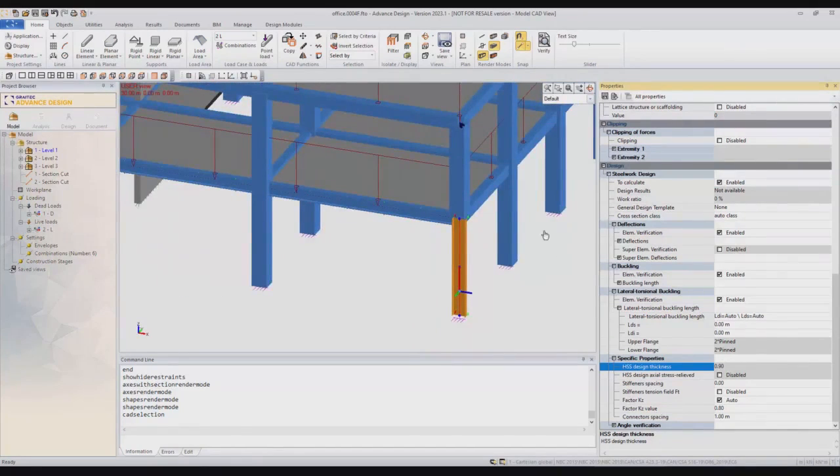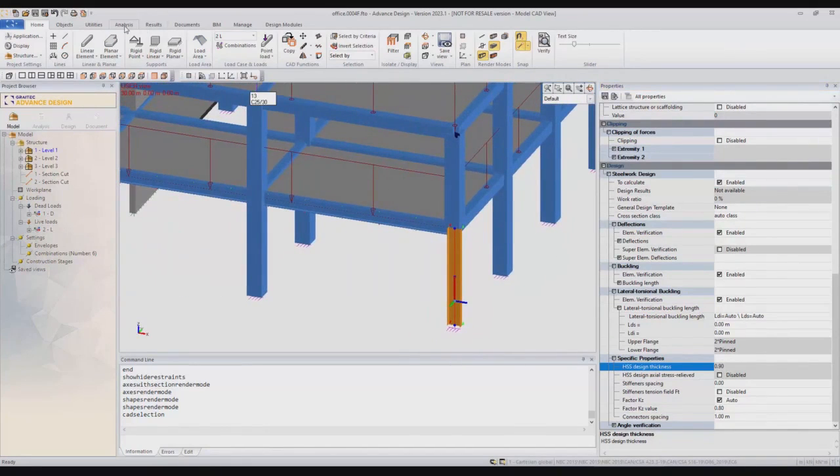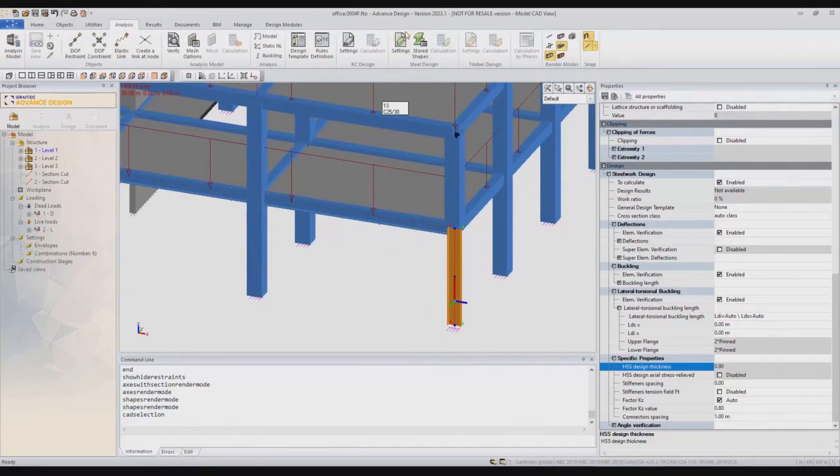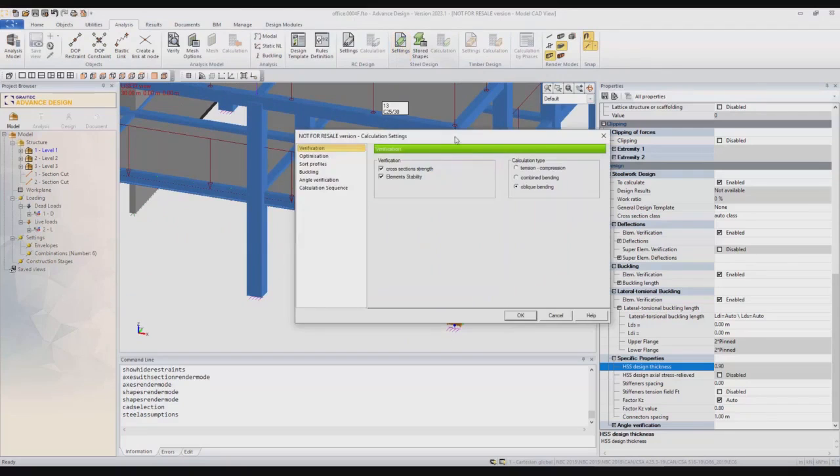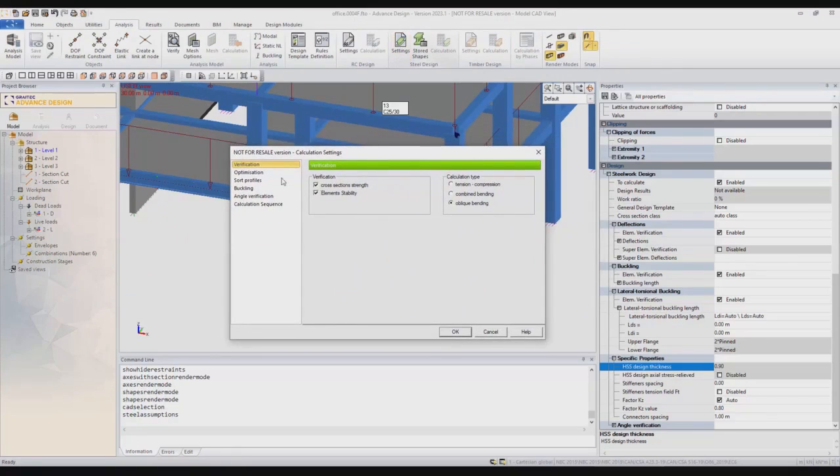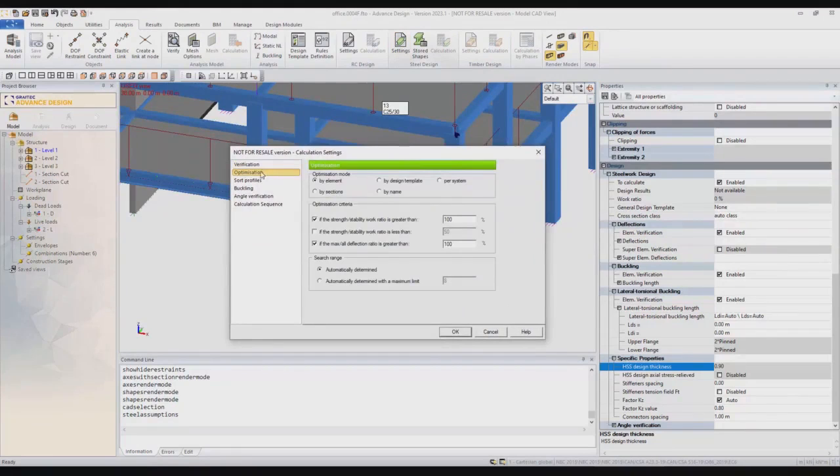Now there's a few global options we can also change. So they are in the Analysis tab, those settings. So here we can change things like what is the maximum or minimum work ratio we want to use. So if you want to design for something other than 100%,